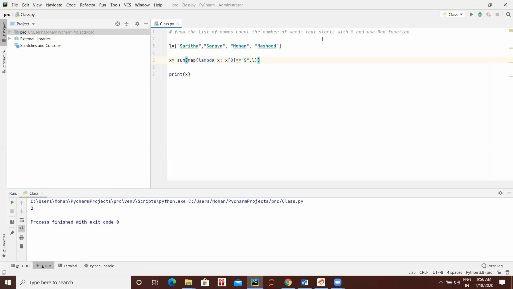Okay. Now let's do another program. Now you save it. You can share it later. You can save it in your document.